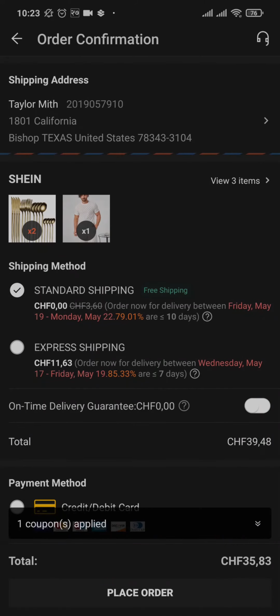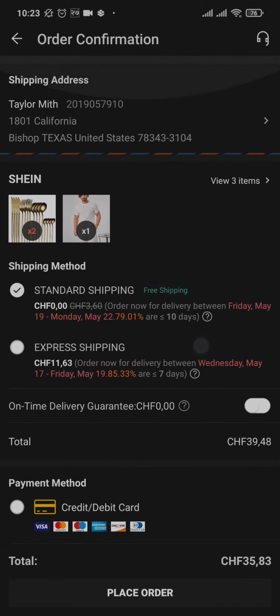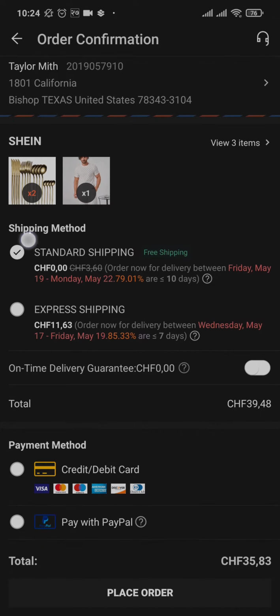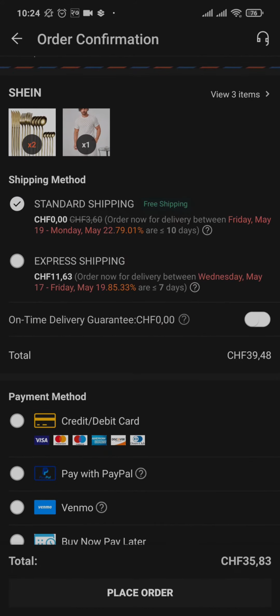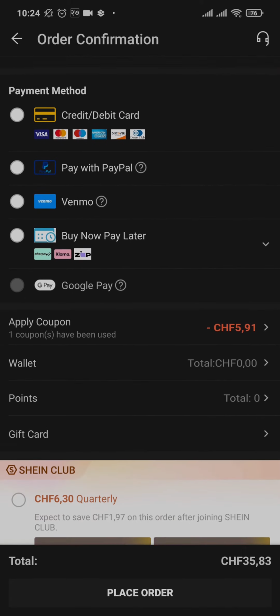and then add in your shipping address if you haven't yet. Because I've already added in mine, it's going to show me the section of adding in the payment method, and as you can see on the top it says shipping address. So first of all, you need to add in your address, and once that is done, there are two types of shipping methods: the standard and the express shipping. The standard does not cost you anything, but the express shipping will deliver you quicker, but it's going to cost you some amount. So choose the type of shipping method,